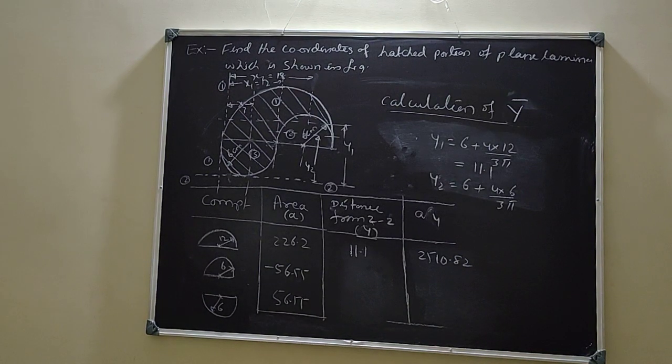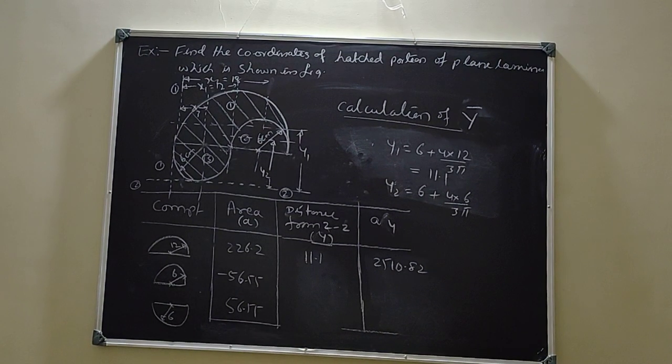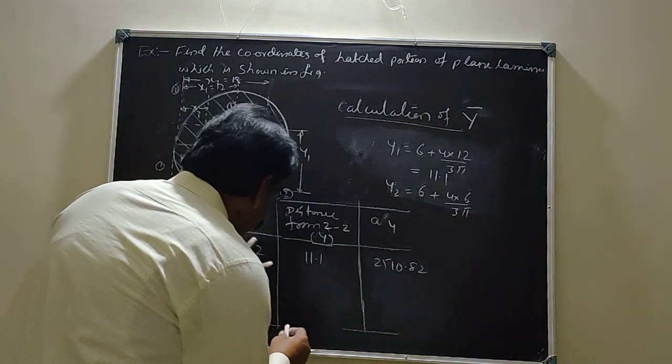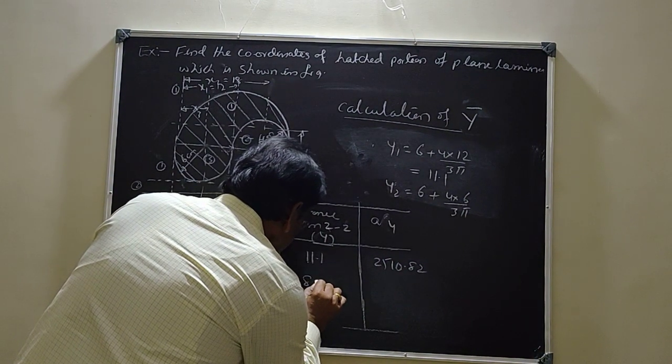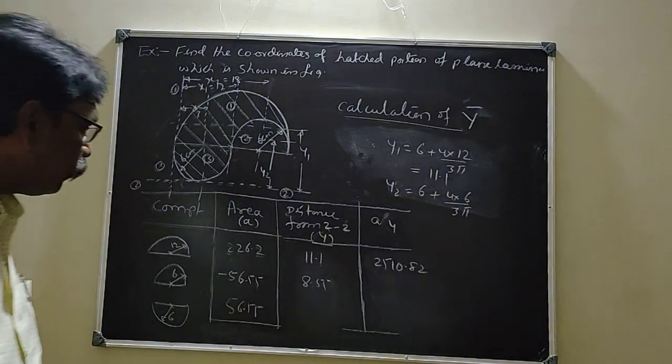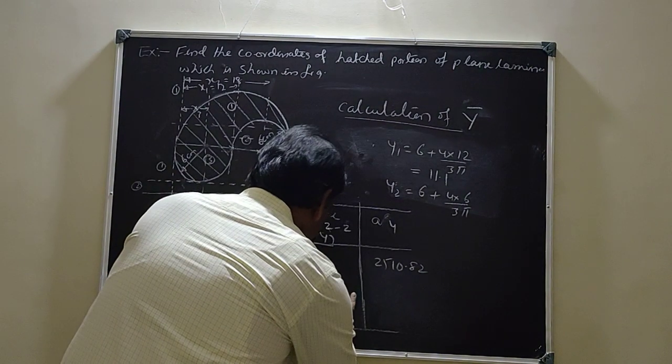So y2 is 6 plus 2.55, that is 8.55. So now the product of that one will be